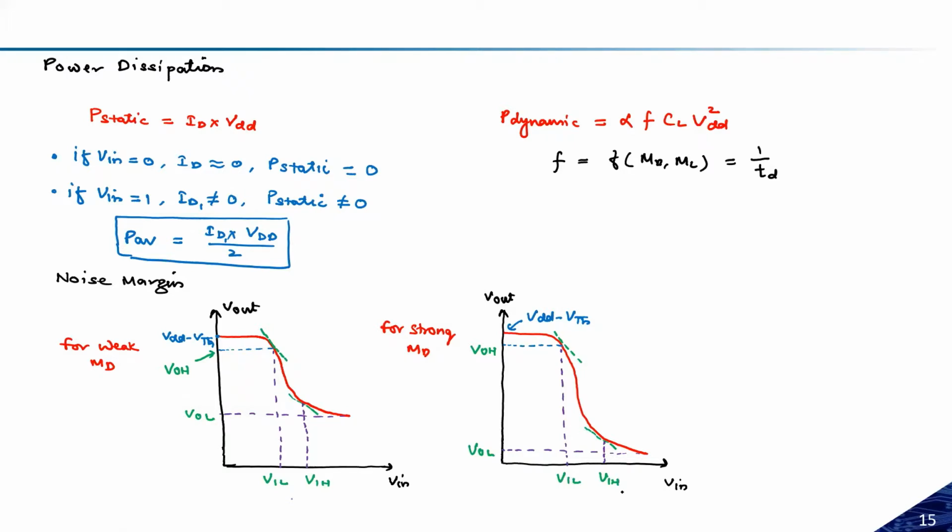So let us try to come up with the conclusion. What is the conclusion? If I am making the driver transistor stronger, this VIL will be lower. So VIL will be lower, will be shifted. So let me summarize somewhere. If MD